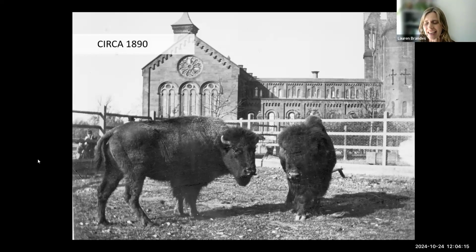The castle opened in 1855. And in that time period, from its opening up to the late 1800s, the institution was really coming into itself, understanding what its purpose was and how to move forward to become such a large museum complex. There was a lot of changes going on around the National Mall area. It was going through development, eventually getting to the point where it is nowadays, but there was still a lot